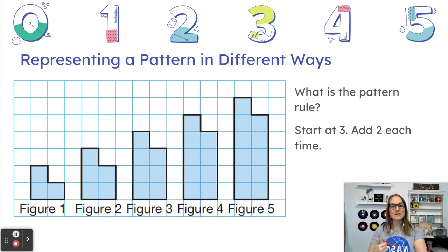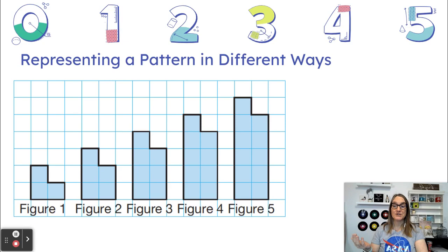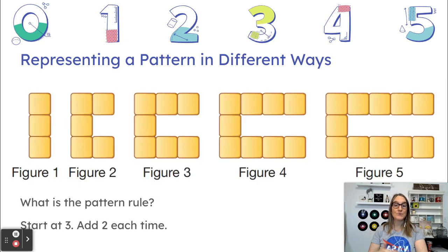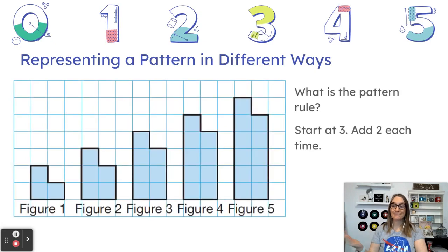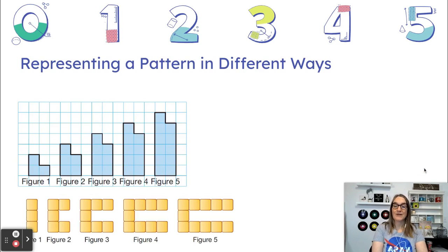So what do you notice about these patterns? And here's a hint. Look at the pattern rule for both of the patterns. Did you notice that even though the pictures are very different, the pattern rule is the same? Start at 3 and add 2 each time. So that's an interesting thing to understand about different ways of representing patterns. The picture may look different, but it may be representing the same exact pattern rule. All right, so in this case, our pattern rule for both of these pictures is start at 3, add 2